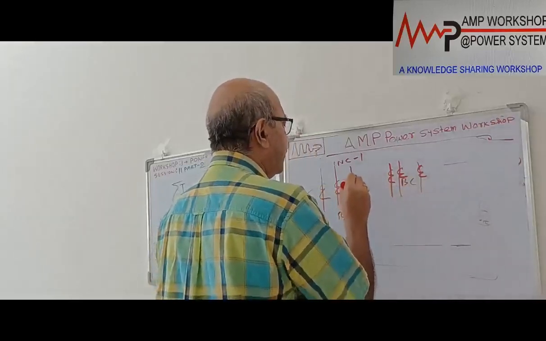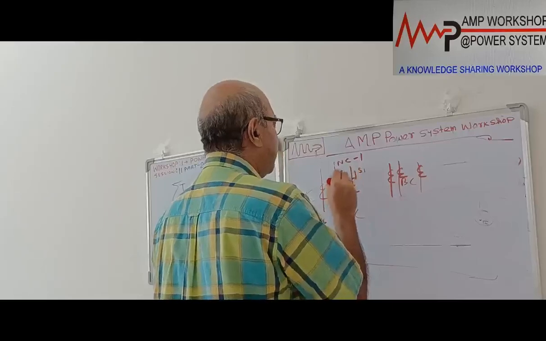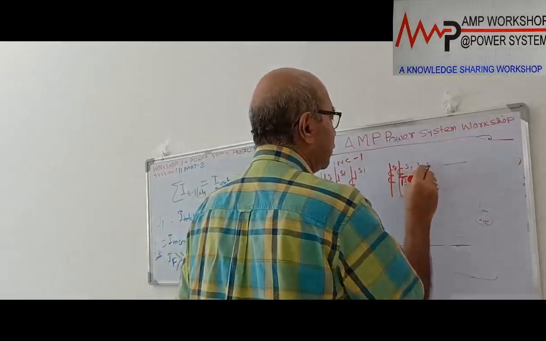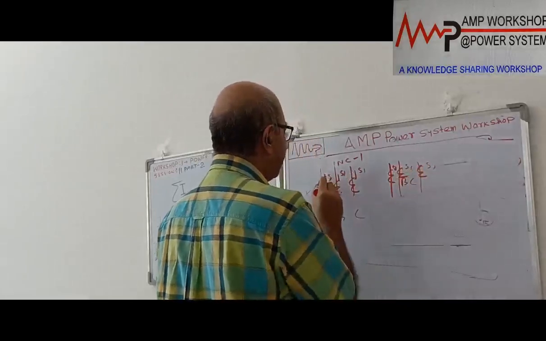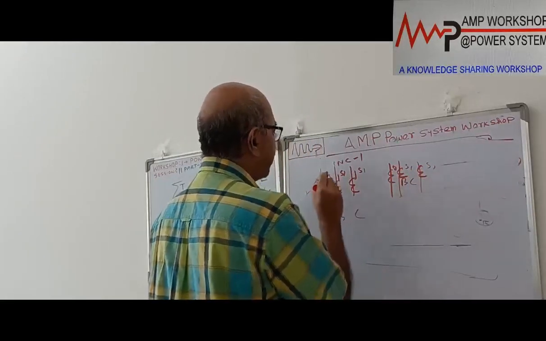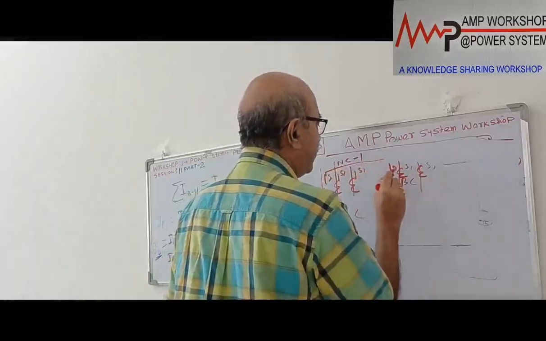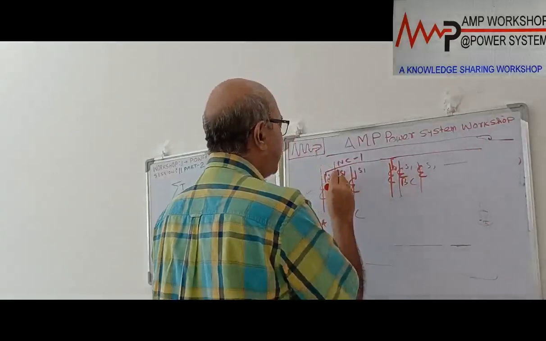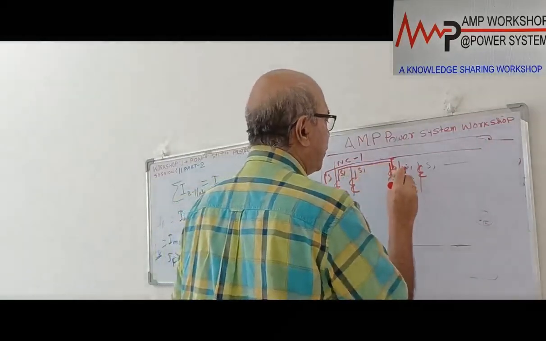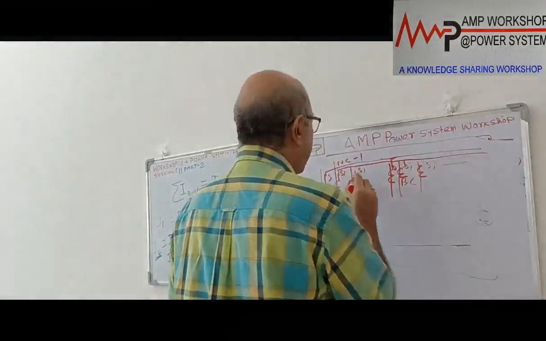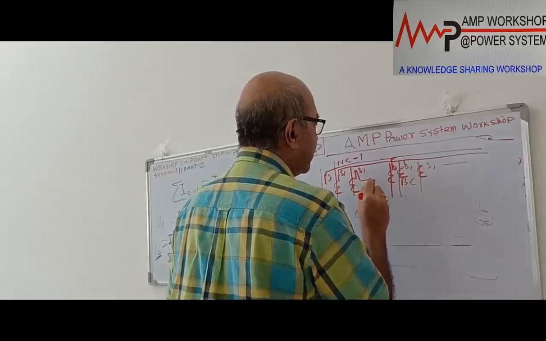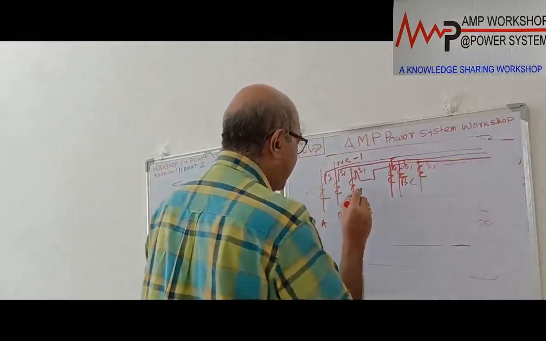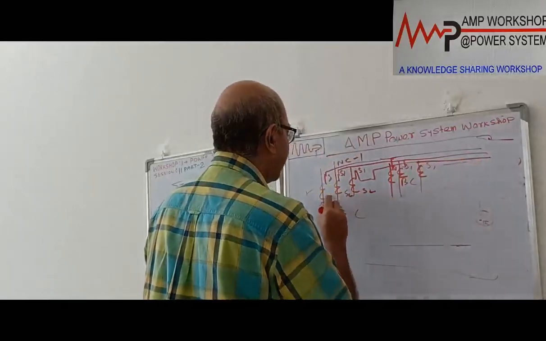So what we have done, this is S1, these are all S1, this is S1, S1, S1. Now A phase, suppose this is C phase, A phase. So the A phase CT and this A phase CT join together. It goes over here. Then this B phase CT and this B phase CT join together, and go over here. And the C phase CT, suppose this is C phase, and this C phase CT join together and go over here. And this is the S2 side.